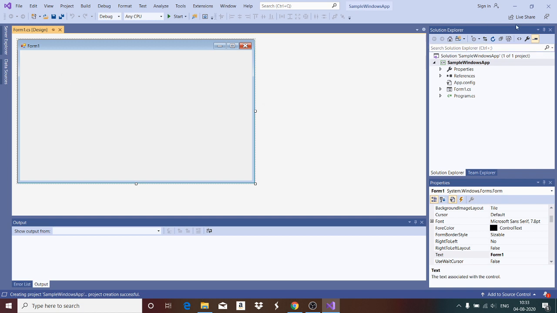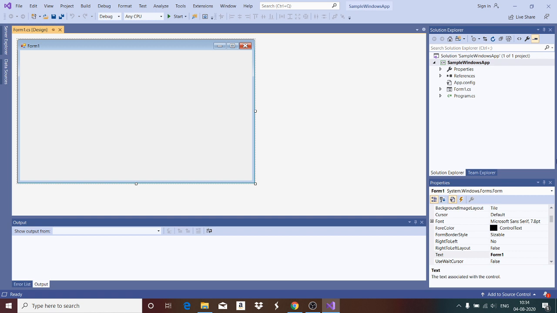And on the right-hand side you have the Solution Explorer. The Solution Explorer lists the different files and resources connected to this particular project. What are the different resources and the programs or the files that are associated with this particular application or project will be listed here in the Solution Explorer.